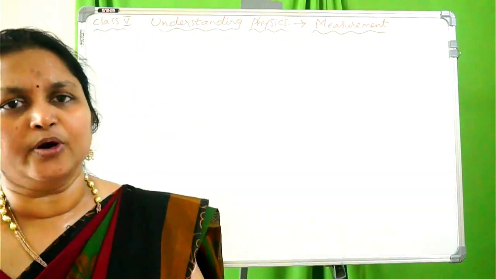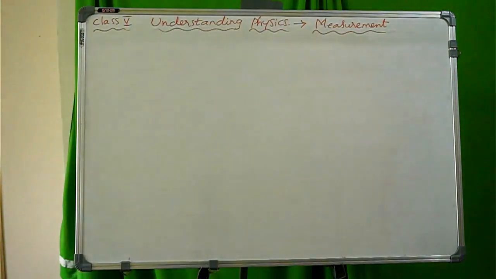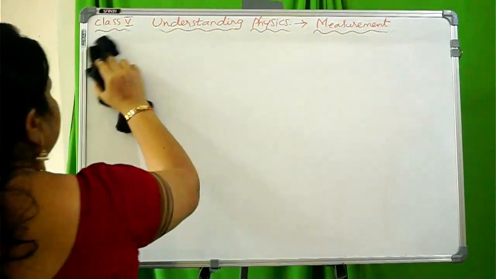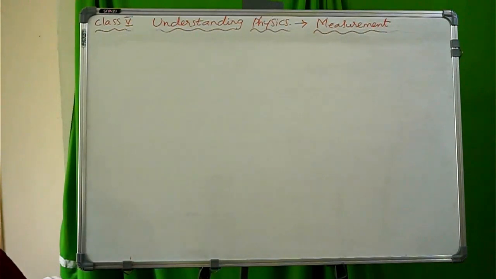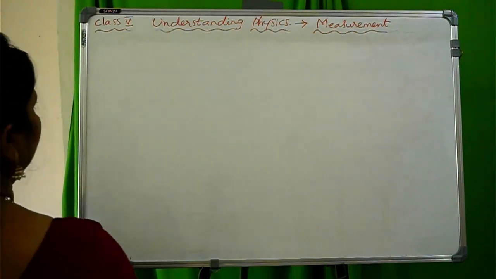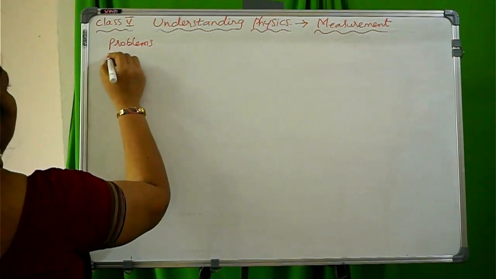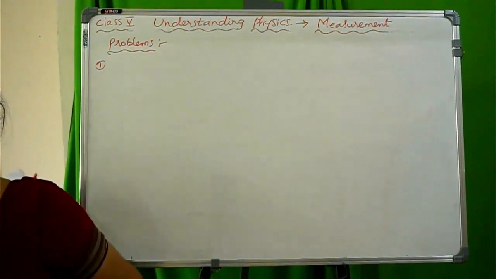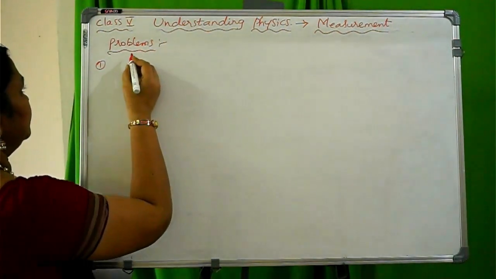Now let us discuss some problems related to this. I am going to explain some problems. Up to now, we discussed many concepts. Now, related to that, I want to explain 3 to 4 problems for you today. And I am going to give a worksheet related to this. So my first problem is, let me write the problem on the board. You are 5th standard students now. If I write the problem on the board, you will understand.